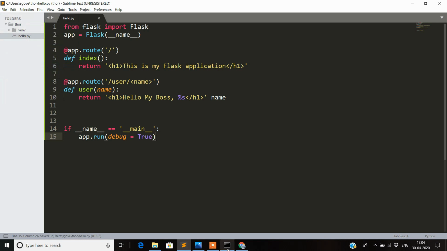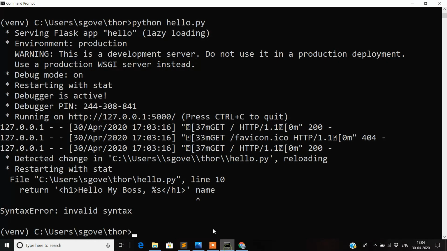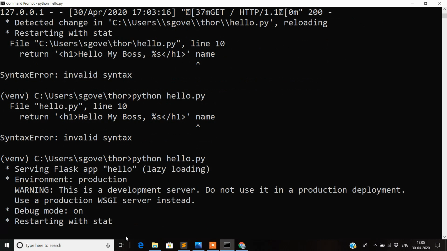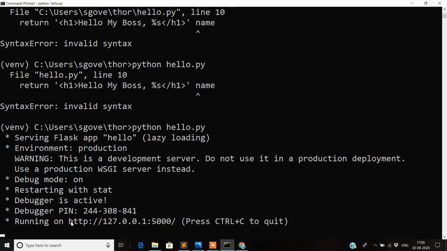Since the debugger is on, you don't need to rerun the application. Oops, I think the development server just lost its connection. No worries, you can again rerun the application with python hello.py. Our application is active now.